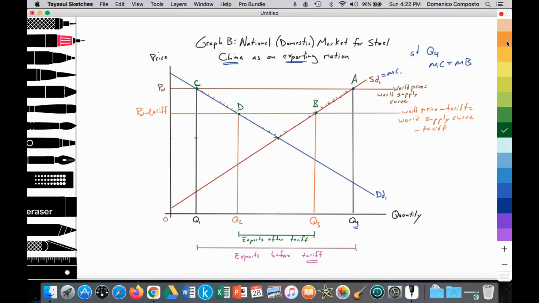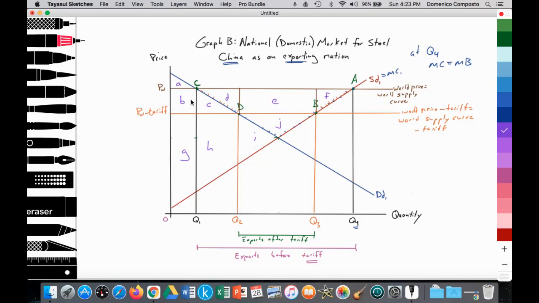Now, we can also illustrate the welfare loss. So let's go ahead and draw that. So that would just be a straight line up here and a straight line up here. And now we can label some areas to help us with our evaluation of the impact on stakeholders. Okay, so here is area A, B, C, D, E, F, G, H, I, and J. Okay, and now let's go ahead and evaluate.